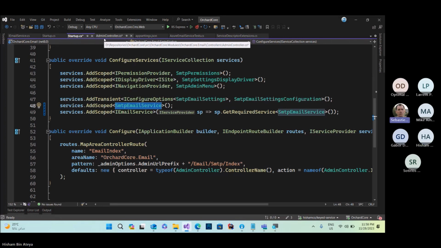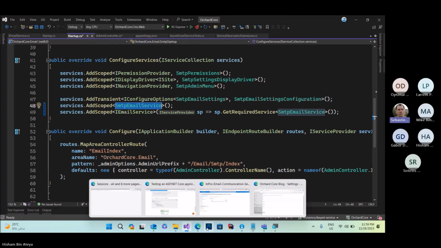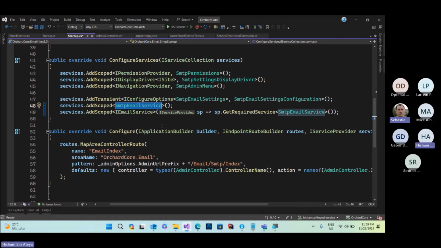And the argument related to keyed service, based on what Hisham has done in the UI, is that I think it's fine to not have a radio, but to be able to configure the SMTP service independently from the Azure email service, because you might want to have the two providers at the same time, because now we have keyed services.